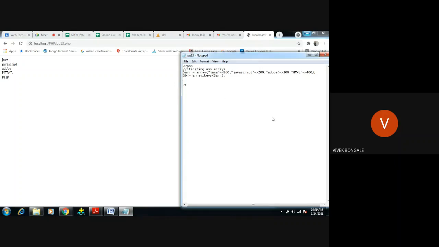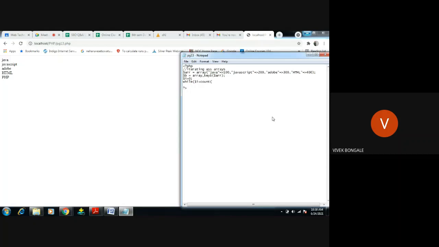So I'm using the while loop. So $i equals 0, then while condition, while $i less than count.